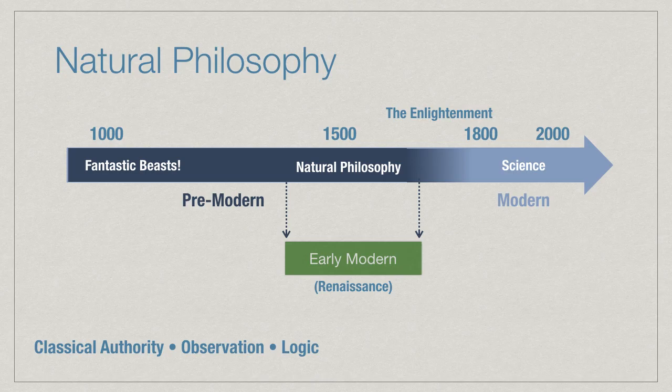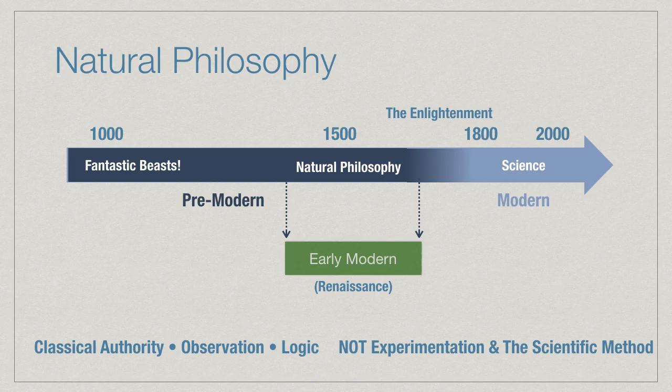So a natural philosopher derives their material from classical authority, so they'll look back to the classics. They will use observation, and they will use logic. They are not idiots, by the way. No natural philosopher believes that the earth is flat. Ptolemy himself did not believe that the earth was flat. In fact, nobody believes that the earth is flat. I don't know where that's coming from. But what they're missing, of course, is experimentation and the scientific method. And if you remove classical authority and replace it with experimentation, and you keep your observation and your logic, that's how you turn a natural philosopher into a modern scientist.